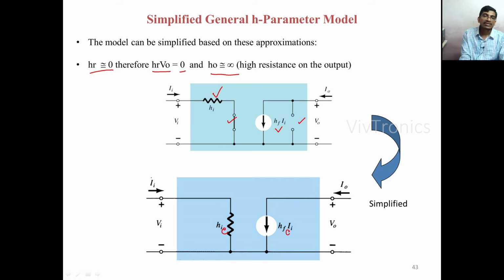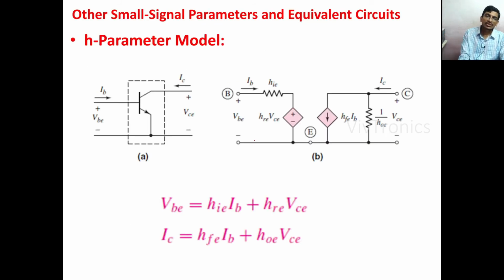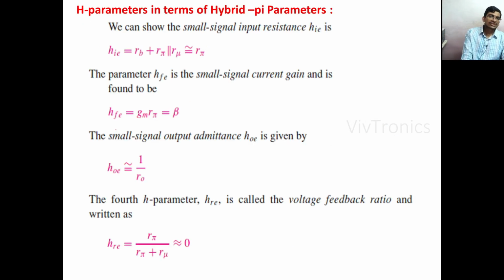So wherever we have the BJT in our circuit, that can be replaced with this simplified H parameter model. This is how we got this H parameter equivalent circuit. In this one, we can neglect the HRE VCE and 1 by HOE at the output side. We can also represent the H parameter values in terms of the expanded hybrid pi equivalent model as HIE is equal to RB plus R pi parallel R mu. The value of R pi is a small value when compared with the R mu. Therefore, the resultant of this parallel combination is R pi.